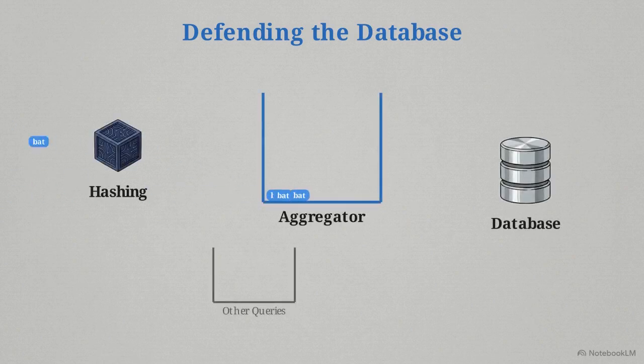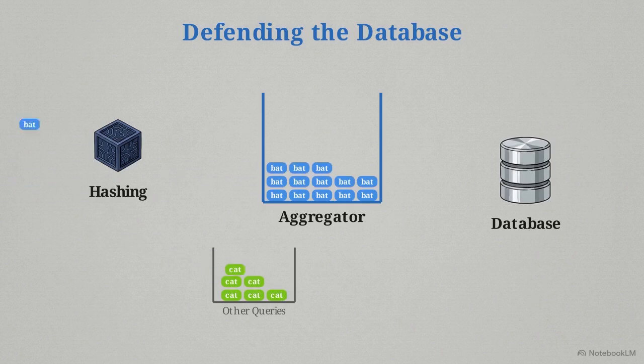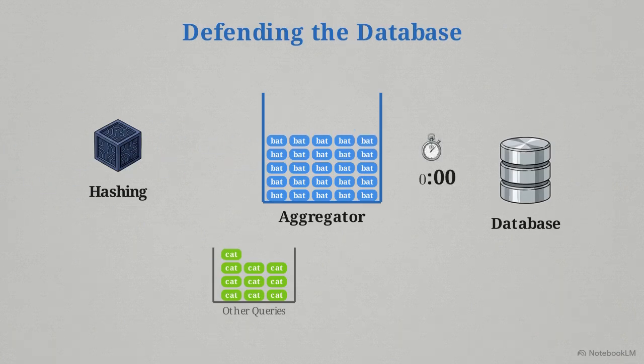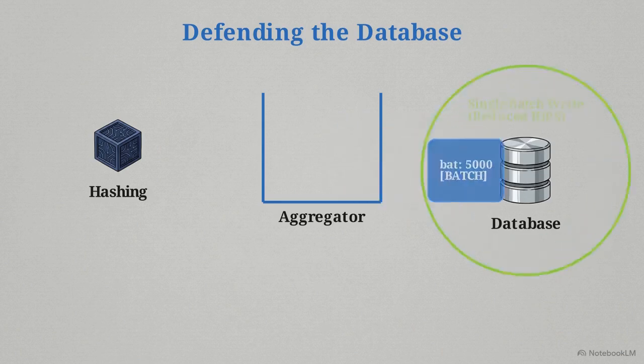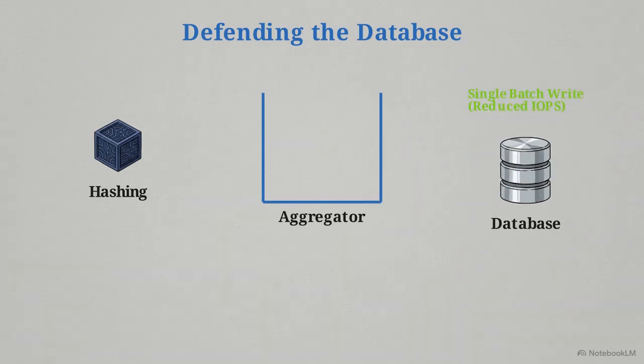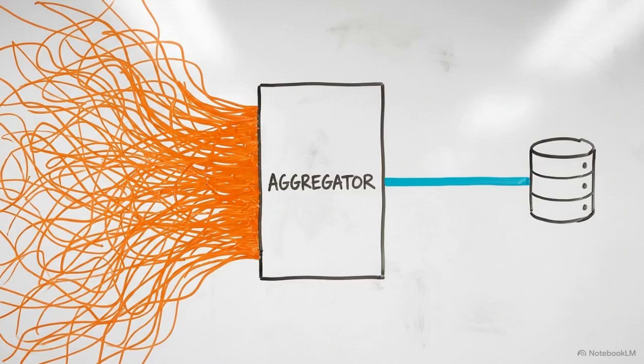A continuous stream of individual search terms hits a hashing function, routing identical phrases, like thousands of people searching for bat, into dedicated aggregator buckets. These aggregators hold the queries in memory for a set interval, perhaps 5 minutes. They tally the total counts internally, and then execute a single, highly compressed batch write to the database. This intermediate step absorbs the massive throughput spikes, reducing database write operations by orders of magnitude and making global data